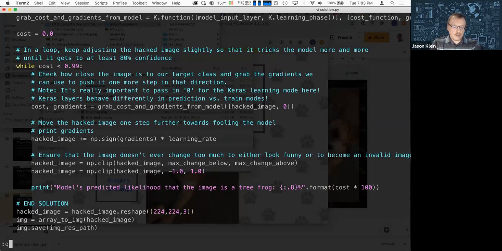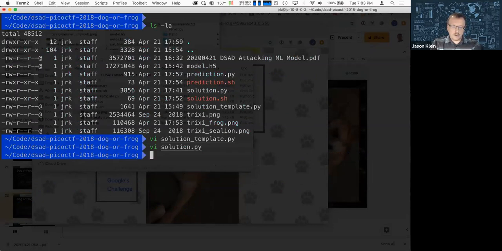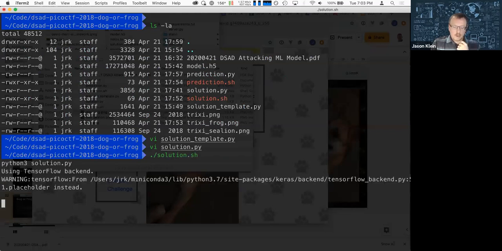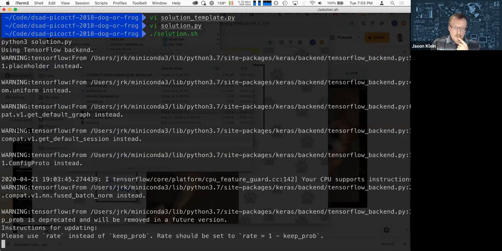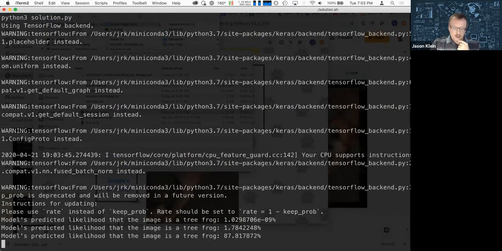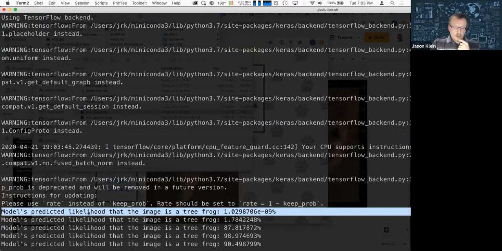So let's run this just to show you before we have people that need to drop off. I'm going to run this solution that we were just looking at, and it's still going to show some deprecation type warnings probably, but I tried to hide most of that so that you would be able to see what's happening here.